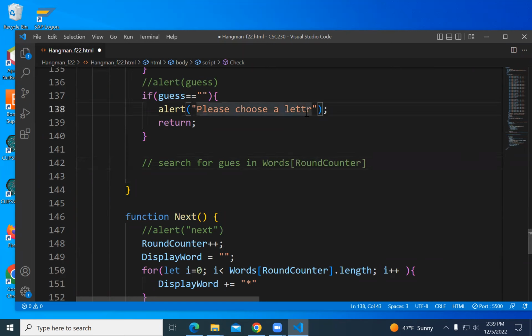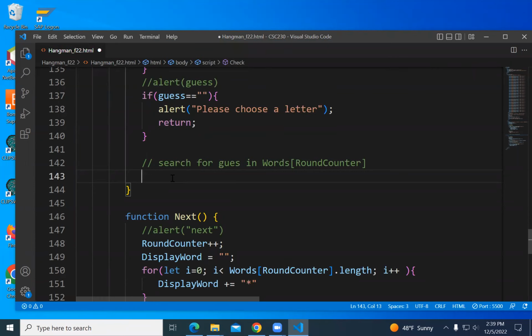And then there was the built-in search of indexOf. You can play with indexOf, that's a built-in search for you, but let's do the old-fashioned loop through the word, loop through the letters in the word, and see if they match guess, and then do something.